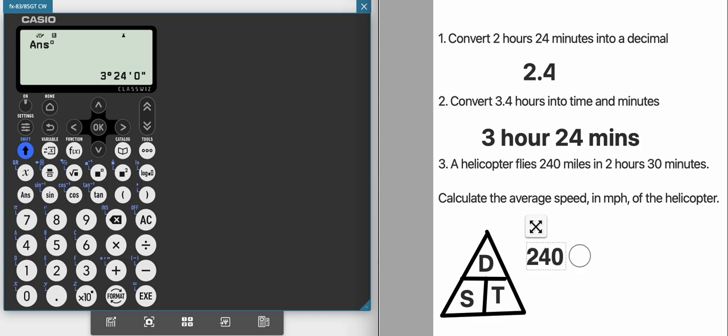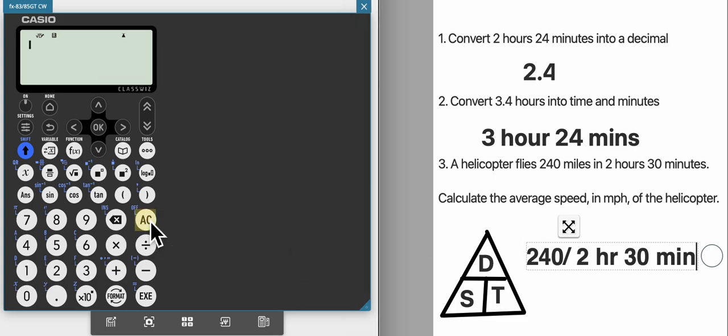So we're going to have to do 240 divided by 2 hours and 30 minutes. So on our calculator, we're going to type this in using our hours and minutes button. So we've got 240, and we're going to do 240,